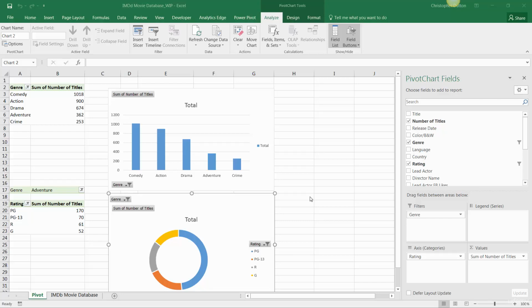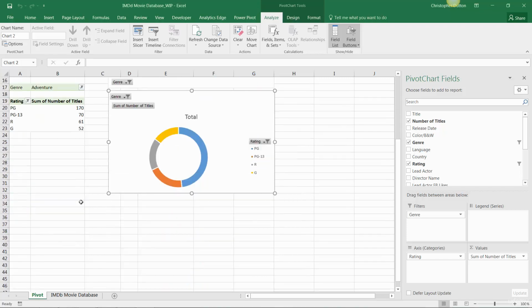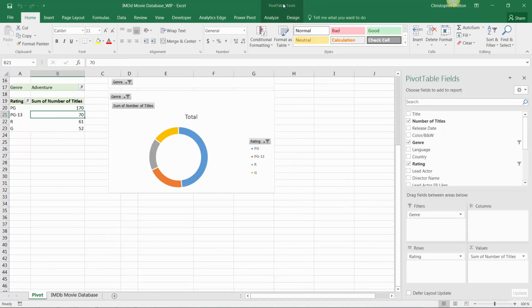So we practiced building basic column and pie or donut charts to show titles by genre or rating. Now let's try showing both dimensions together. So let's plan to add a third chart to this sheet by selecting our second pivot table, going into our